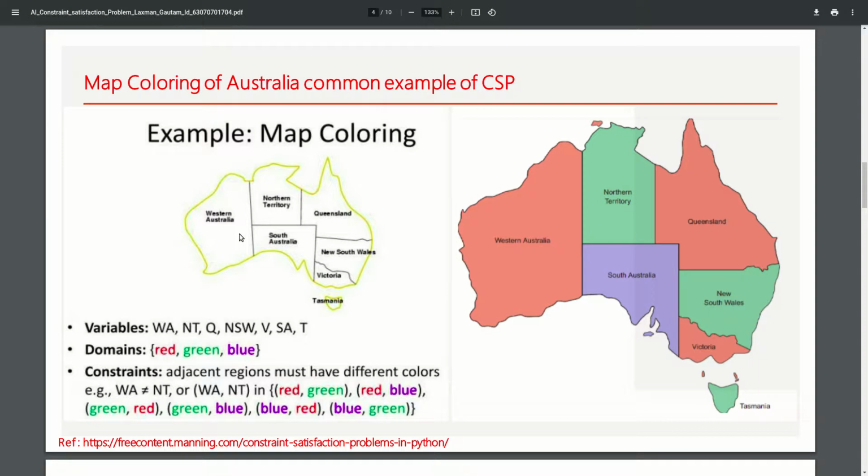And then here, the variables which participate in the CSP problem are the names of the provinces or states of Australia, and the domain is the given colors. The constraints are like: adjacent provinces like Western Australia, Northern Territory, and South Australia are bordering states where we must have a different color. In this situation, the constraint is that every state which touches its border should have a different